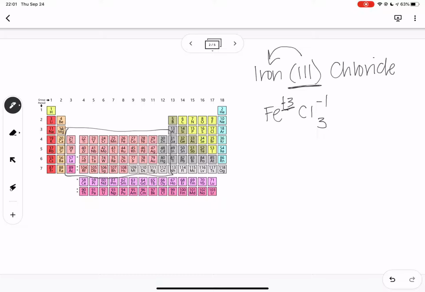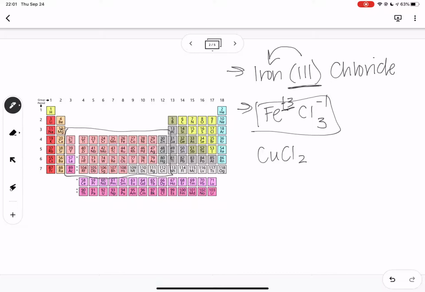Now, let's say I gave you CuCl2 and I said, what's the name of this formula? Before, I gave you the name and asked for the formula, which was FeCl3. Now I'm giving you the formula and asking you the name. So you would look for Cu, that's here. You know that's copper. And then chlorine,